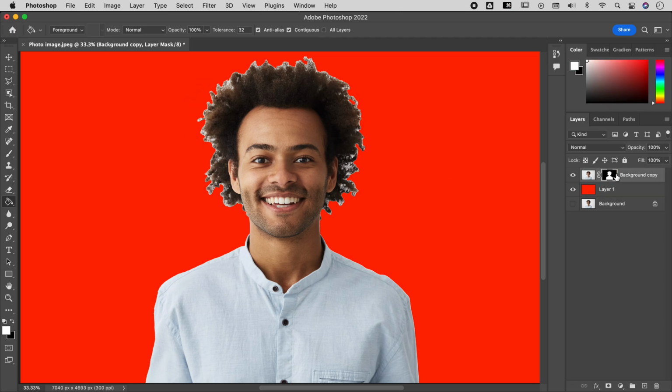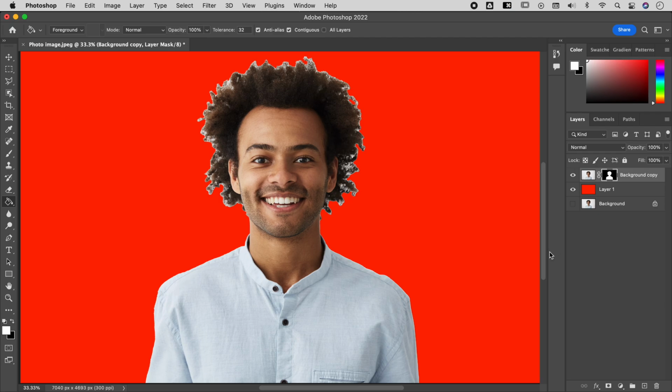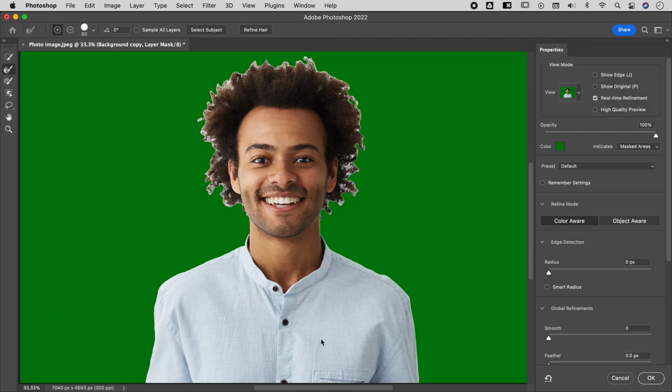Alright, so back to our mask. Now please pay attention that the layer and the mask are separate entities, so you can select one or the other. I'm going to open up the mask mode. Now if you're lucky, you can just double click on the mask, it will open. If not, right click on there, and let's go select and mask and click on that. This is going to open us in our